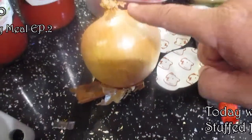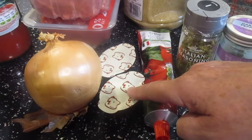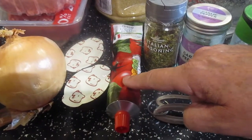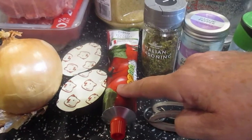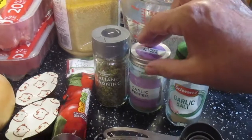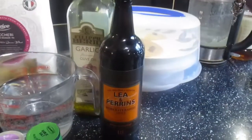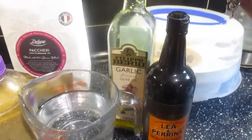We're going to start with chopping up one onion. I'm going to have 2 beef stock cubes. I'm going to have about a tablespoon or a little bit more of tomato puree, or if you want any more you can add more, less you can add less. Italian seasoning, my lovely garlic pepper and garlic salt, a couple of tablespoons of Worcestershire sauce, garlic olive oil for frying,